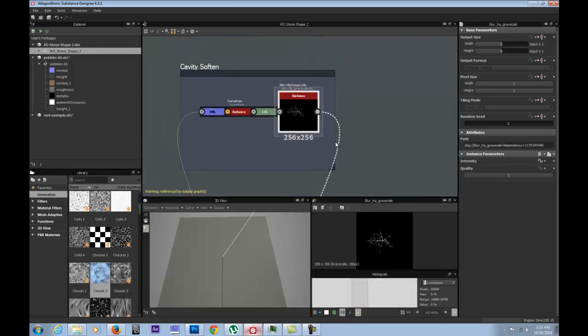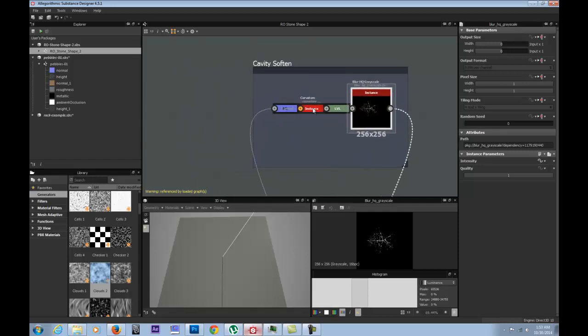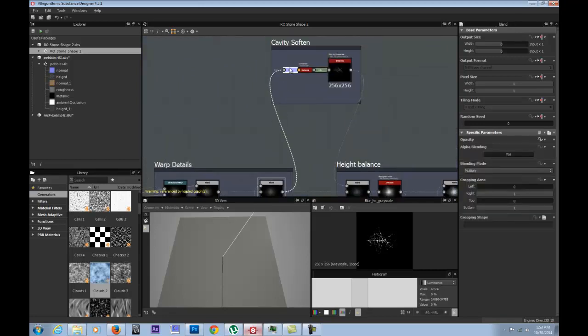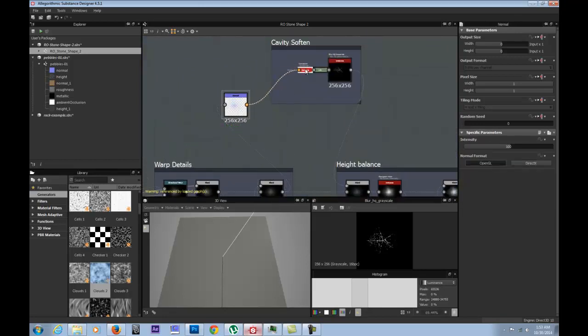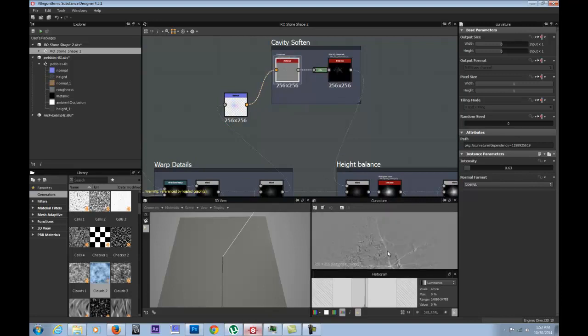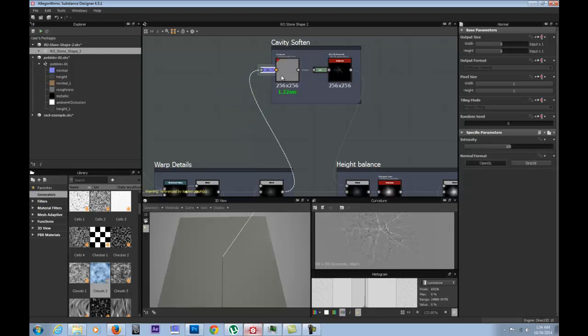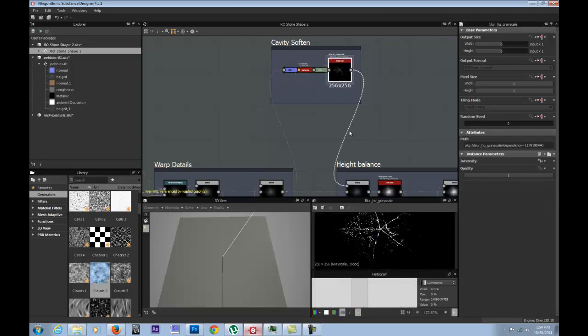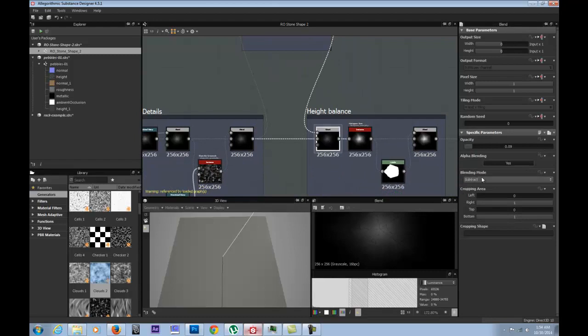This one is a cavity, and basically I wanted to mimic the edges being chipped away. So I used a curvature node, and I created a normal in here, and then I ran it through the curvature, which does this down here, grabs all the edges and the peaks and the valleys. And then I ran it through levels just to get the peaks, and then I did blend, subtract,